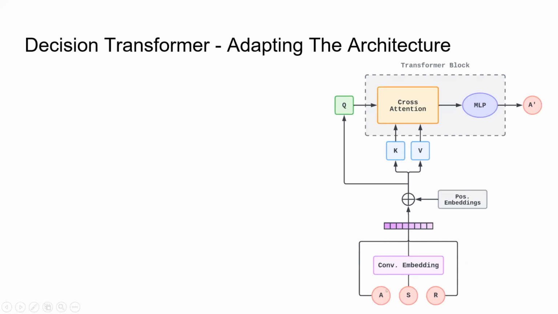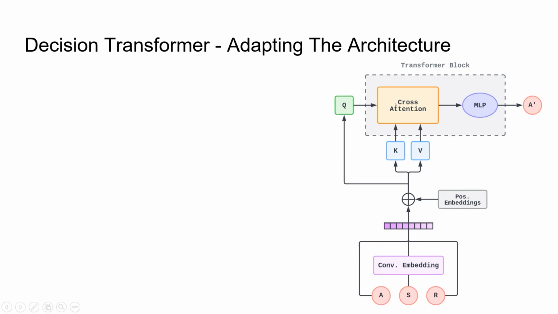We start with our action embedding, our state embedding, and our reward embedding. In our baseline model, we still use the convolutional embeddings to reduce the feature size of the input images down to a manageable vector. We then append the position encodings, and then we break out into different K, Q, and V linear layers. So in this case, K and V were at 128 neurons, and the Q vector was compressed down to 64. So the Q was half the size of K and V in this case.